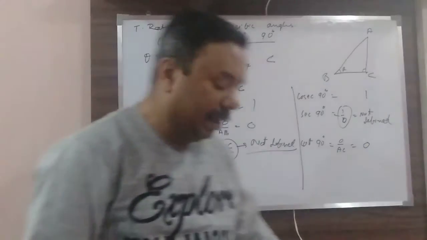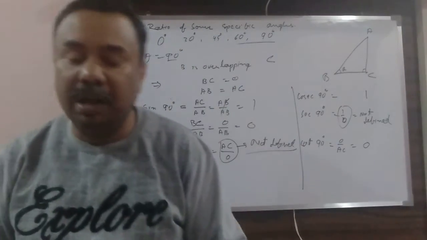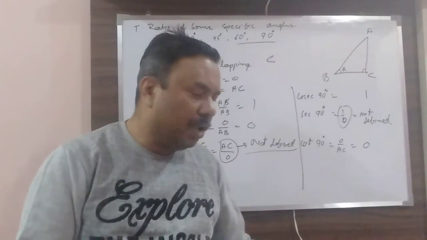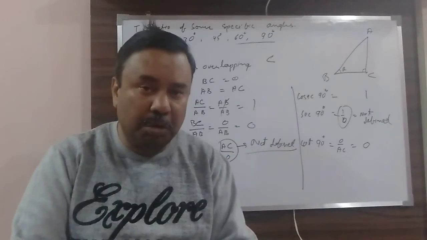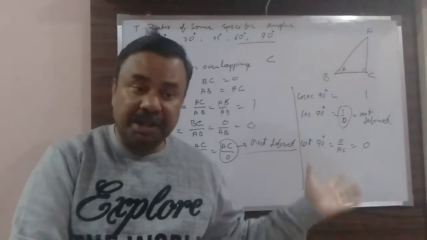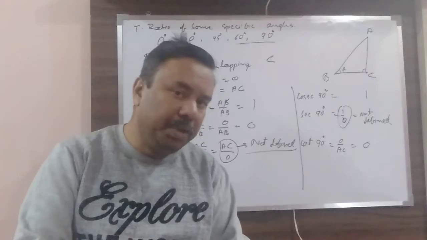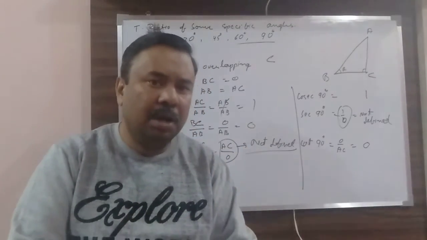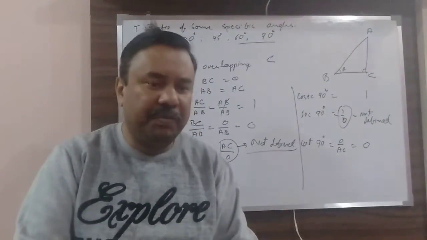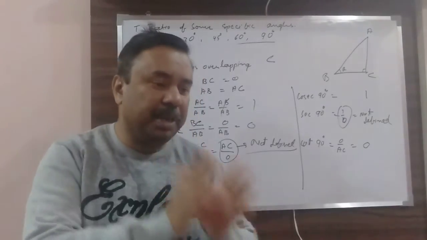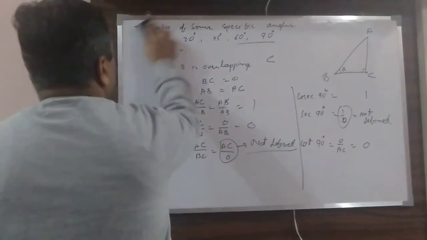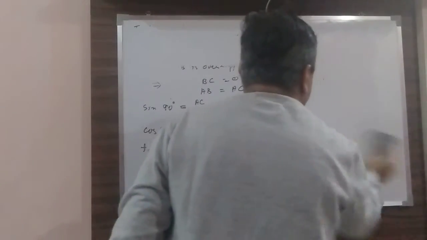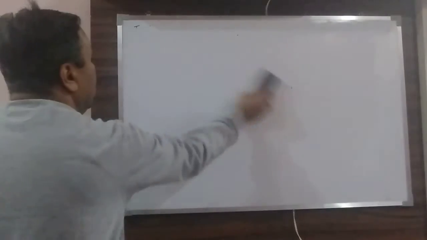So this is all that I have explained to you: the angles and the value of the ratios for some specific angles. Now, as I have told you how to remember the ratios, I will also give you a very good trick to remember the values of the ratios for the given specific angles. For that purpose, I will make a table, and that table will help you in a very beautiful way.